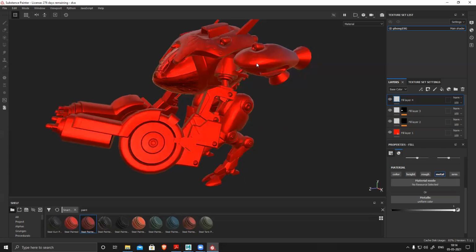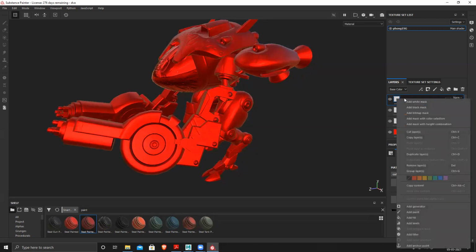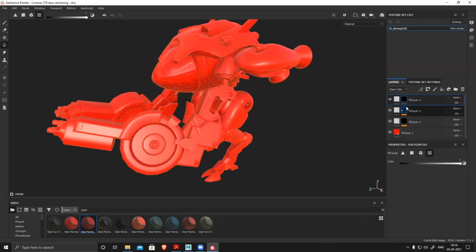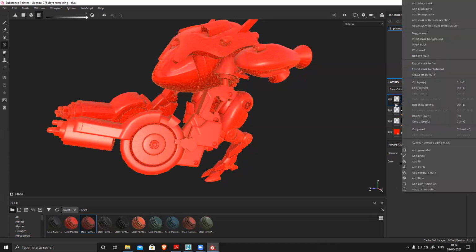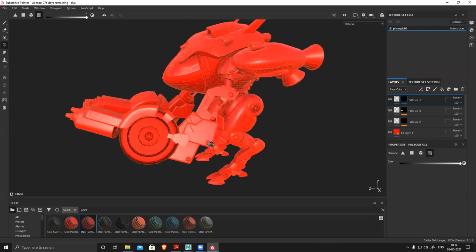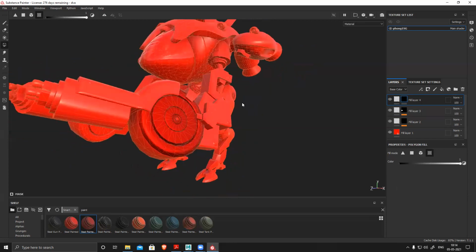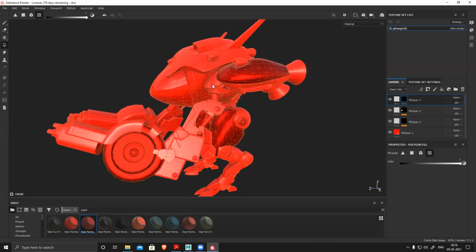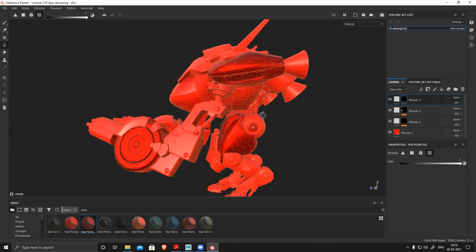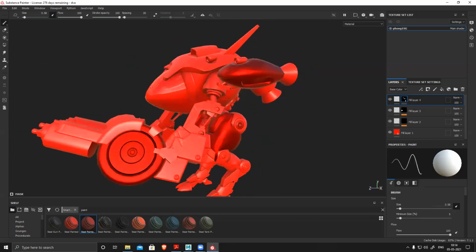So like this, and now suppose I don't want everything to be metal. Again same thing, right click, black mask or maybe white mask, doesn't matter. Right click, and I can paint on this mask directly also. With the help of this, you can see this become full metal. And go back. So you can see these parts become full metal.